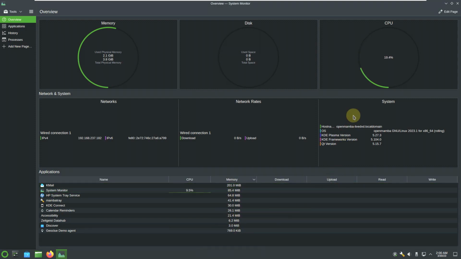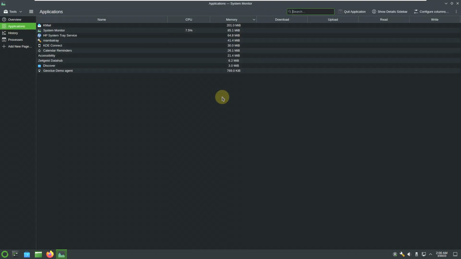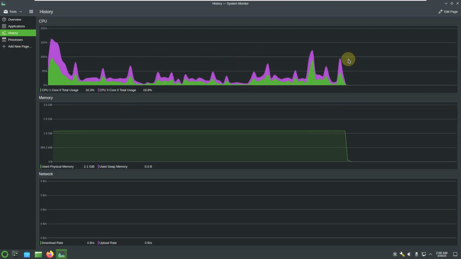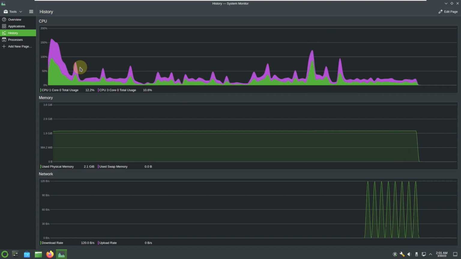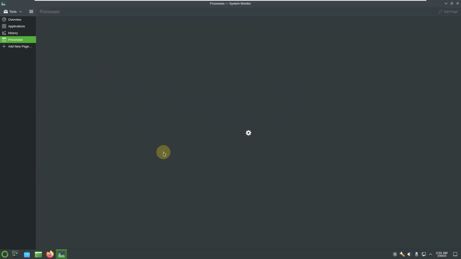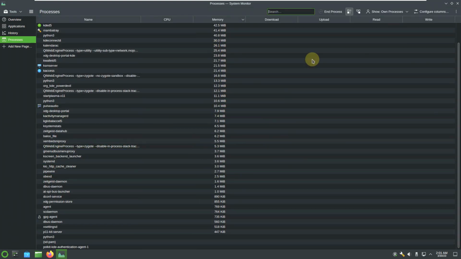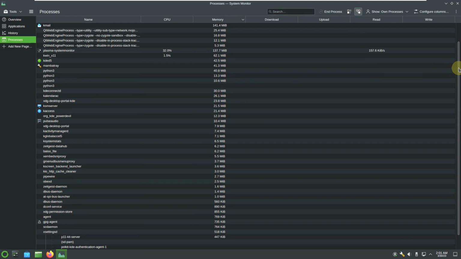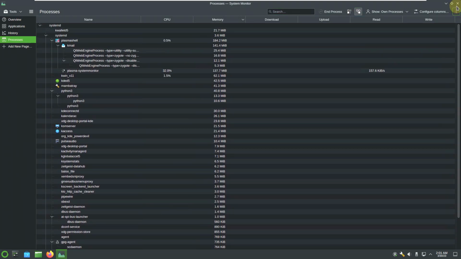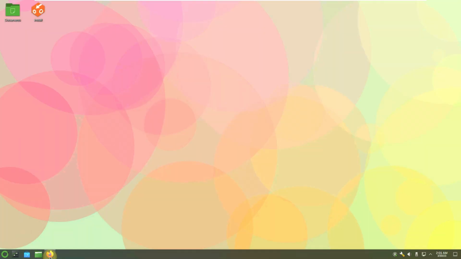Here are the processors running. Here are all the versions, IP version, networks, all the things. Click on applications. These are all the applications running right now. And the history, this is the CPU and this is the RAM and the internet. CPU is almost stable, but we have a few spikes here. Here are the processors running. We have a lot of processes running here. Let's close this. Let's open the internet browser